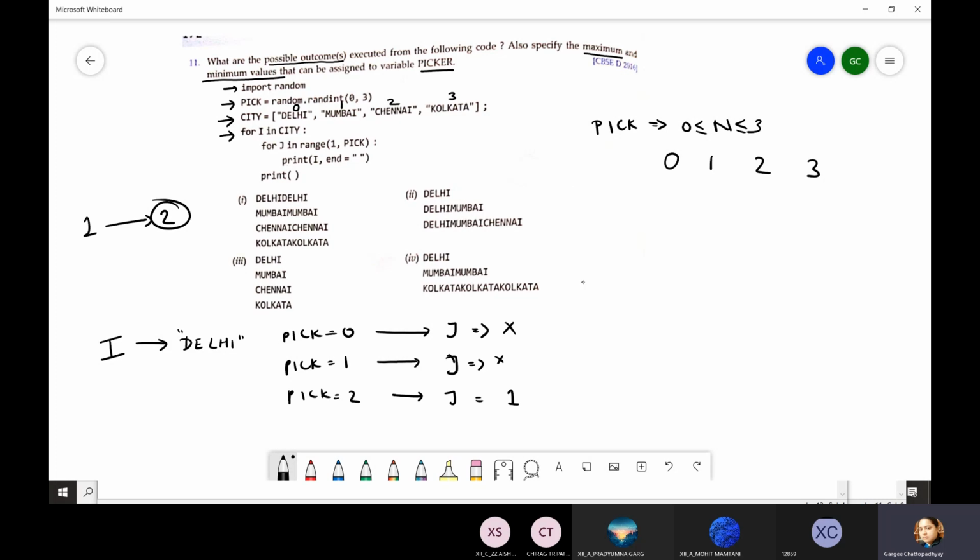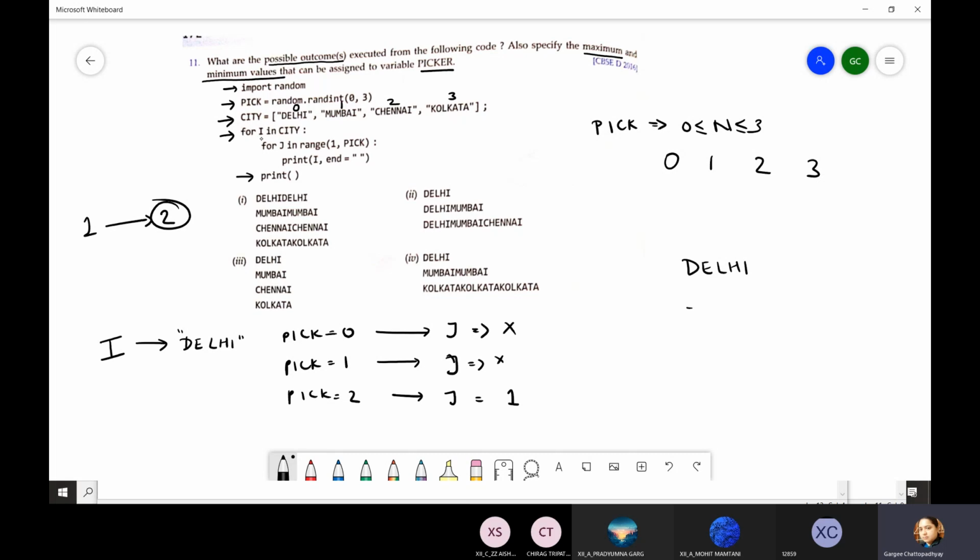And what is written there? print(i). So what should be printed for this? Delhi. It is printed once, and then end equals space. That is, if this inner loop executes more than once, whatever is there will be written with a space after that. In the options, they should have given a space in between every city name. Please mark that because we have end equals white space character. This loop had to run only once, so the loop terminates and we come to the next statement, that is print. Hence a new line is created. Now whatever is printed will be on the next line, right?